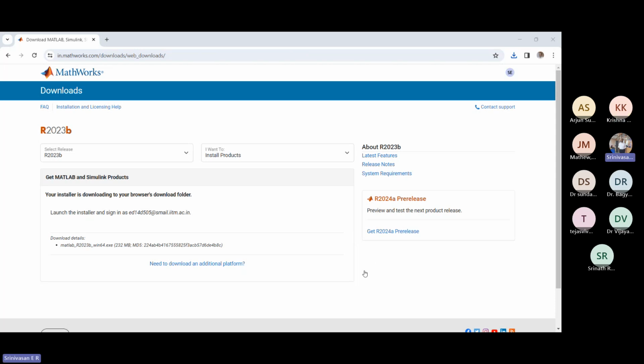So then it will be asking, this is the regular installation procedure that comes with any software. We'll be asked for the destination for downloading and installing the files that are required to run the software. And then once this is done, I won't be able to show more on this computer because MATLAB is already installed in this, but this is the way forward. Just say next, next, and everything will get installed in the computer.